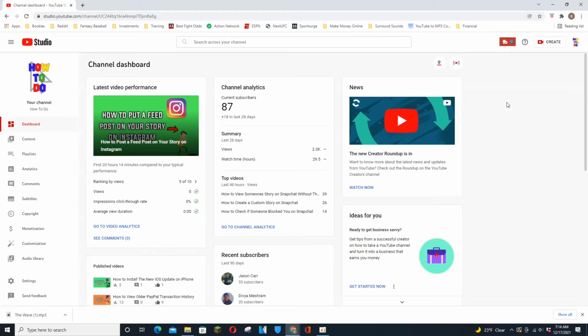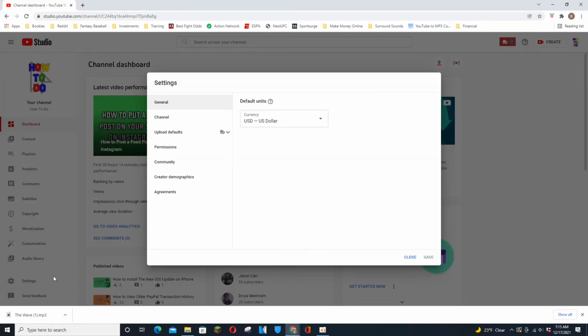And once you're on this screen here, all the way second to last on the bottom, towards the right menu there, you are going to see an option for settings. You are just going to go to that one. Then once you click on settings, it's going to take you to this menu here. And what you're going to do is hit the option second down on the left tab there to go to channel. And then the 3 tabs at the top of the screen there, the one all the way on the